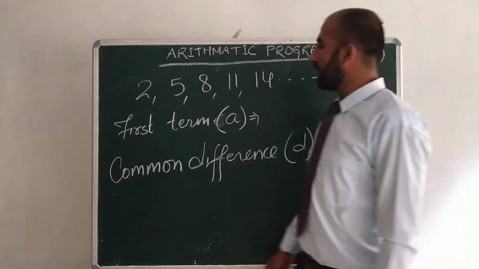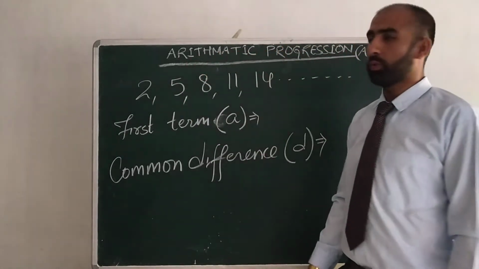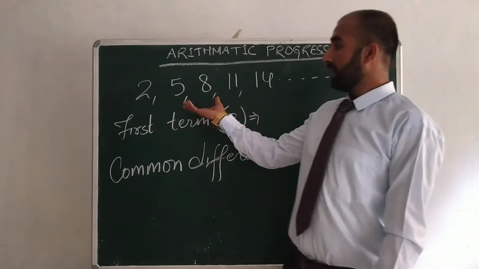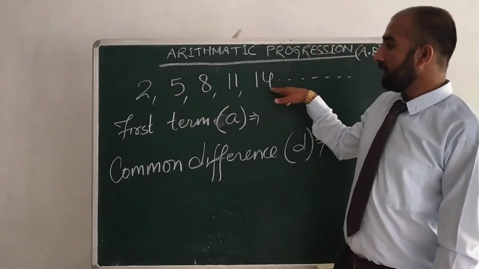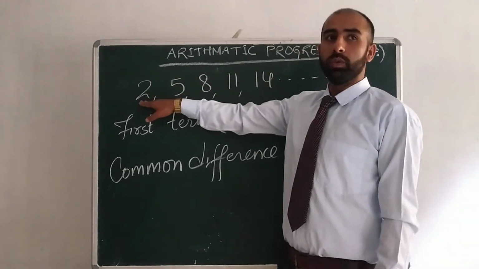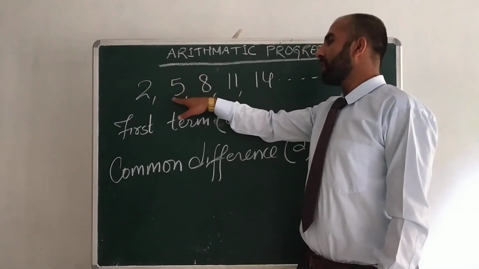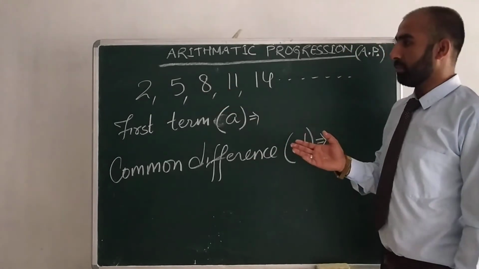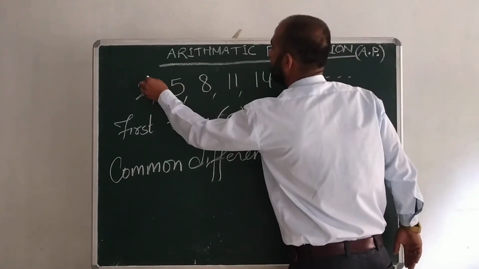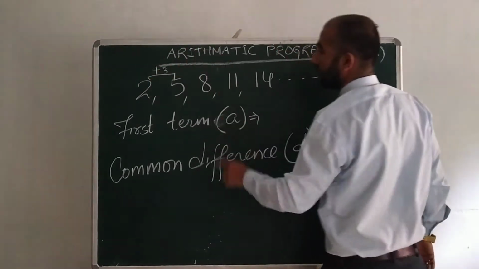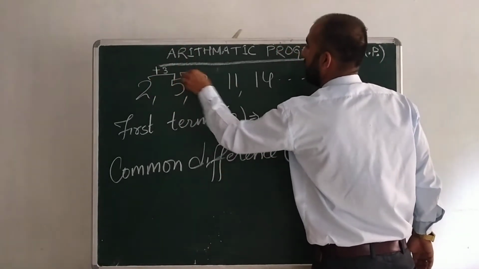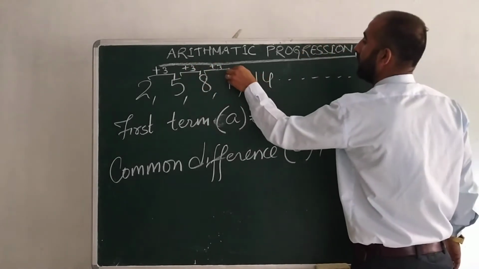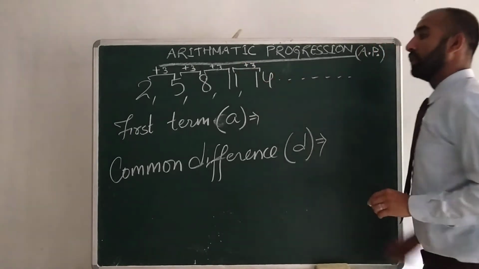Okay, let us learn some basic terms related to arithmetic progression. See, I have written here one AP. How is it an AP? Now see, if you look at it properly, the first number is 2. By adding a constant number, we got the second. By adding a constant number to the second, we got the third. So what is that constant number here? Tell me. So that is 3. 2 plus 3, 5. 5 plus 3, 8. 8 plus 3, 11. 11 plus 3, 14, goes on.